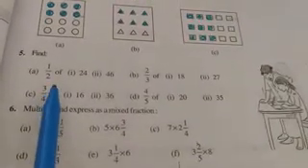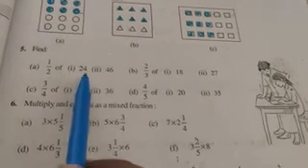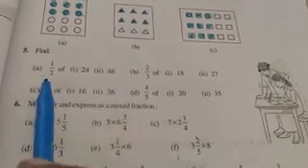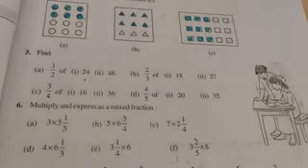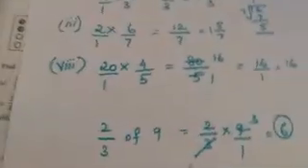And question number 5. Here also we are going to do the same method which we have done in question number 3. Right? But here they have given 1 by 2 of 24, 46. Means you have to multiply this 1 by 2 with 24 also and 46 also. That is why they have given 2 subdivisions. So 1 by 2 of 24, again 1 by 2 of 46. Instead of giving like that, they have given 1 by 2 of 24 also and 46 also. So what answer will you get?